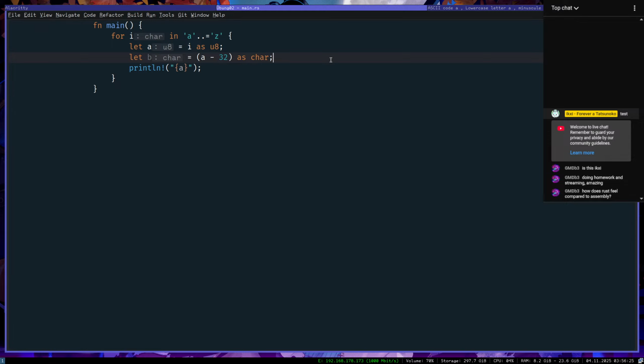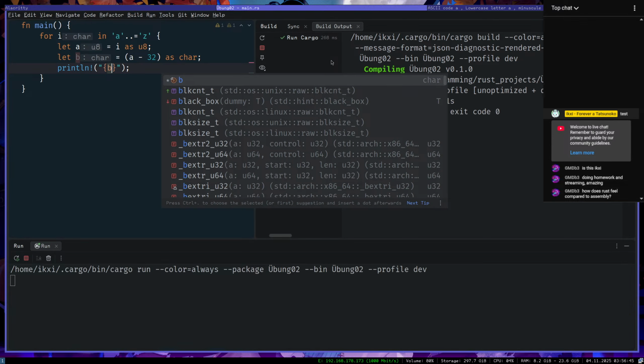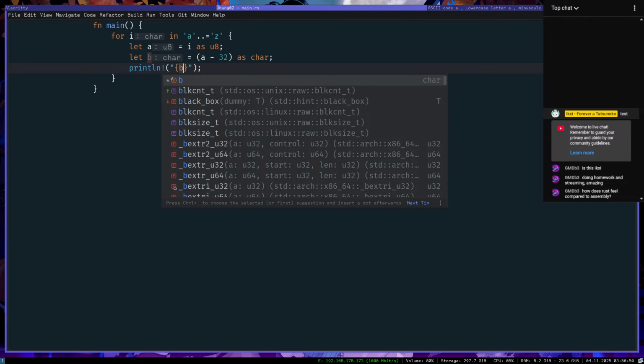Just give me the memory and I'll figure it out from there. Just give me some pointers. And in here, this is a garbage collected language, so you don't really deal with memory unless you do other stuff. So b, and now we print those again.